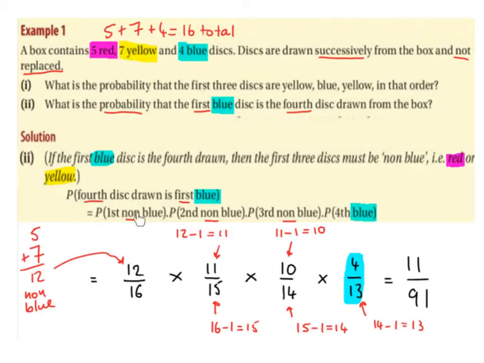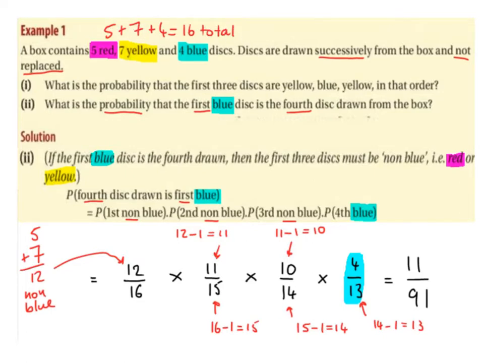So the probability of the first disc being non-blue, so that means that it's either red or yellow. There are 5 red, 7 yellow, and 5 plus 7 is 12 non-blue discs over a total of 16